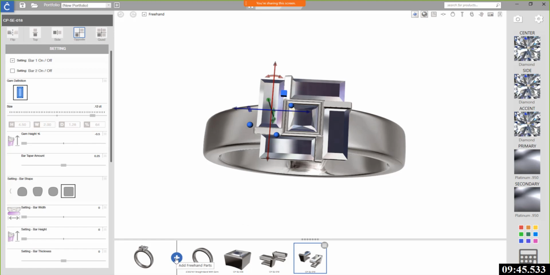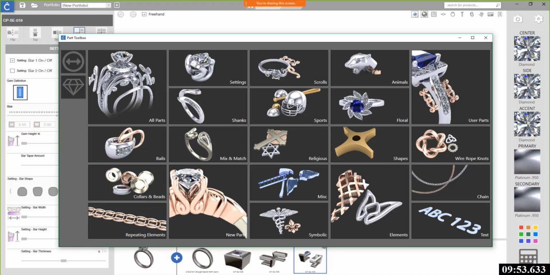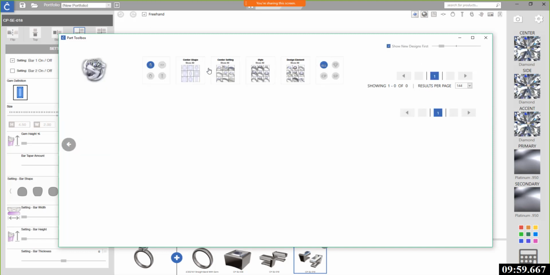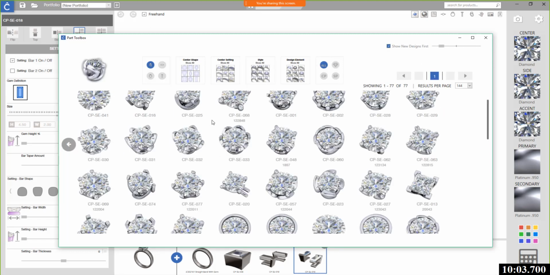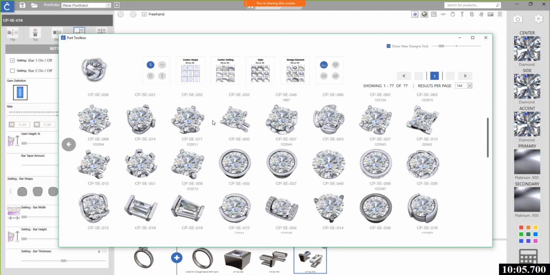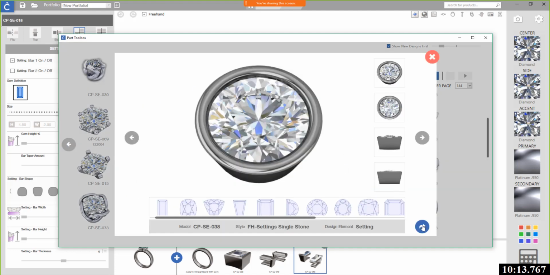Now there's 2 ways that we could do this. I played with both when I was building this ring the first time, and I actually like the setting option the best. So again, you can do this a lot of different ways. I'm going to show you one way that I preferred, but doesn't mean it's the only way that you could build it. So what I'm going to do is go into that bezel stone that we had before, add it